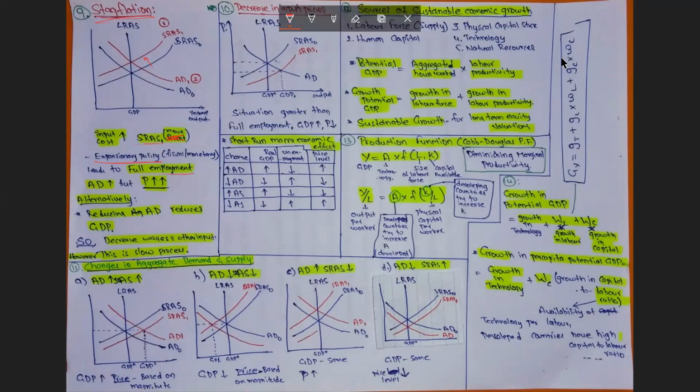When the government does expansionary policy, aggregate demand will move towards the right side, so we can again move to the new optimal GDP level. But by doing this, aggregate demand will increase, but prices will increase severely. From this point, the price increases to this. Alternatively, the government can reduce aggregate demand. But if the government reduces aggregate demand, the GDP also reduces severely. So it can't do that.